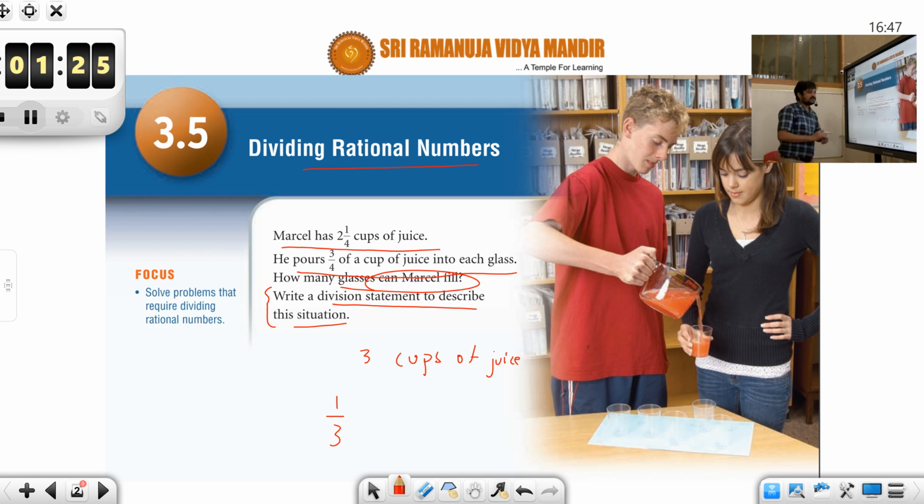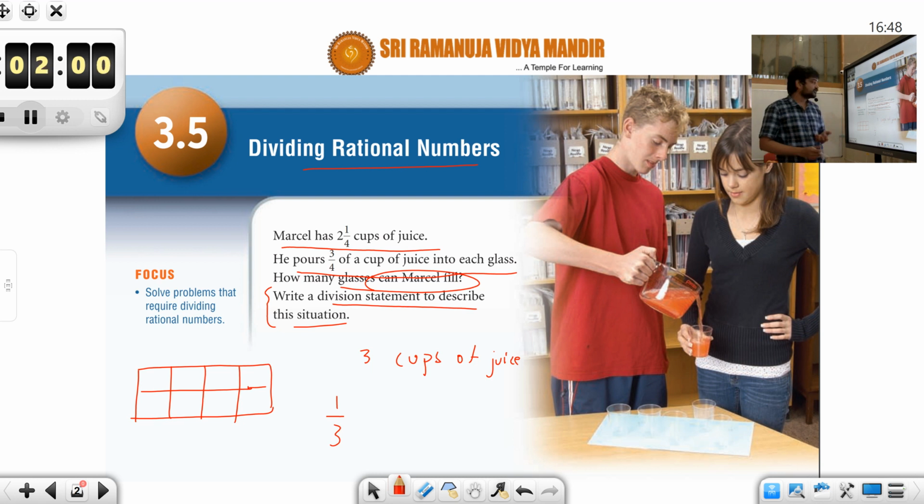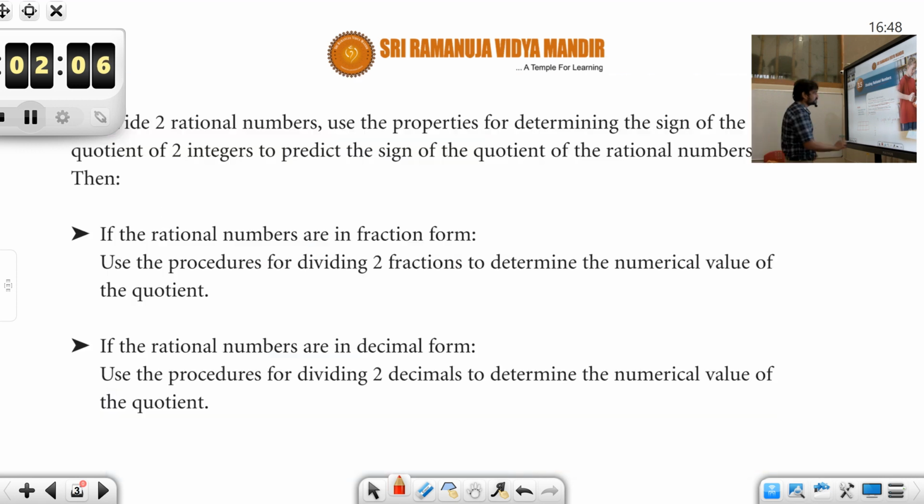Or similarly, if we have a Dairy Milk bar, you know Dairy Milk bar, right? It would be something like a 2 by 4 checkered board, like 8 boxes. Suppose you want to distribute 1 piece to each person, to how many people can you distribute the pieces? Then again we'll be using this concept of division. Or say you want to distribute 2 pieces to each one of them, then for how many people will you be able to distribute the chocolate? So these are the common situations where we'll be using this division concept.